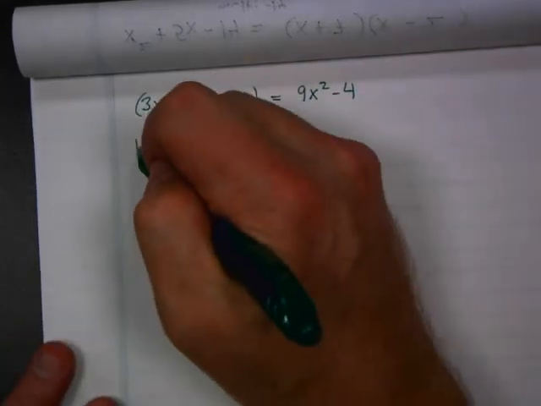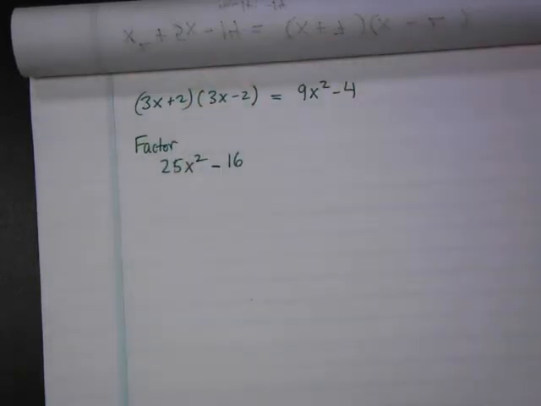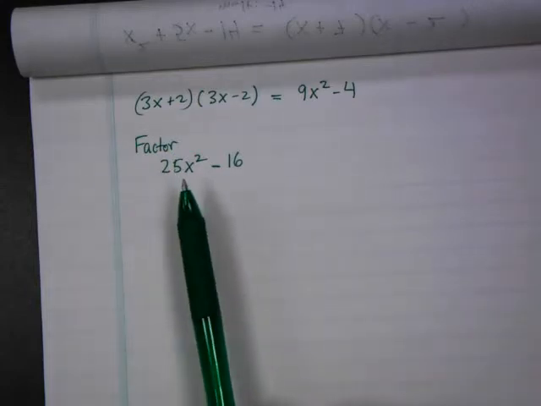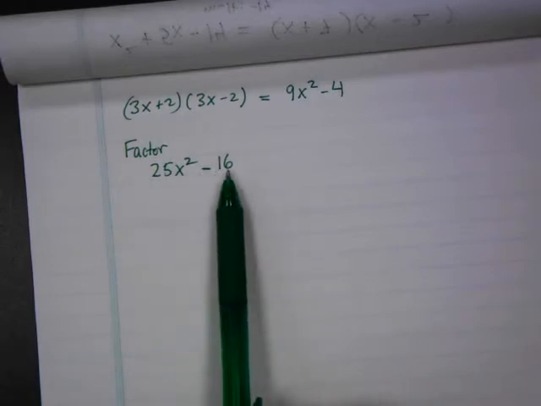I noticed that there's only two pieces. What had to happen to only end up with two pieces if I were doing multiply? Well, what had to happen is the middle two had to cancel each other out. How did the middle two cancel each other out? One was negative and one was positive,